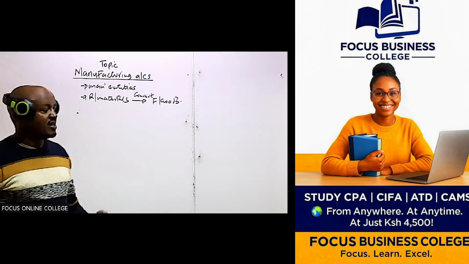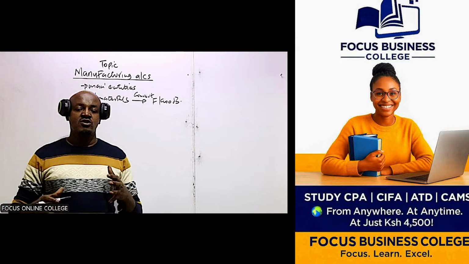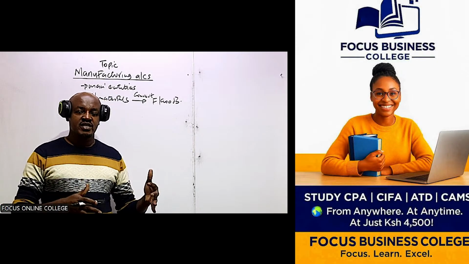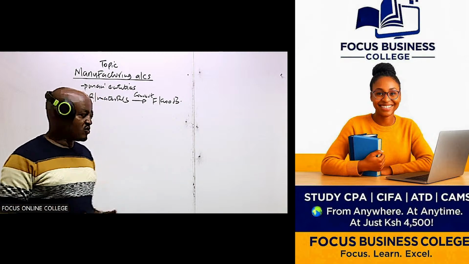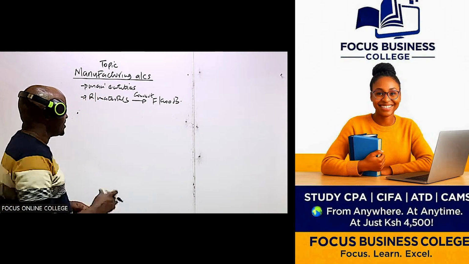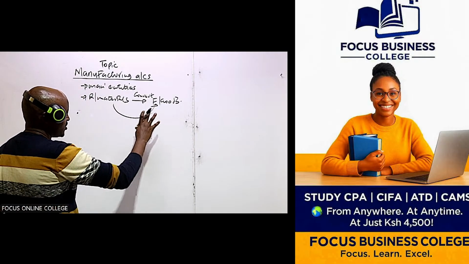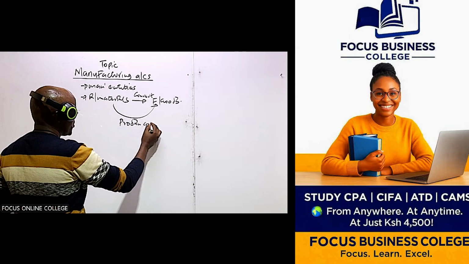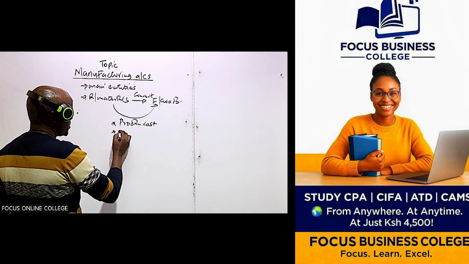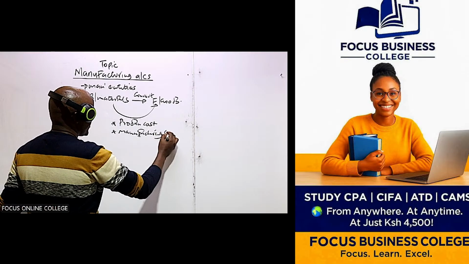Now, what we are saying is that at the end of the year, this particular company must prepare something called a manufacturing account. And the main objective of preparing this account is basically to determine the production cost, or the manufacturing cost. So how much cost was incurred by this company in converting these raw materials into finished goods, or finished products? That cost, we are referring to as the production cost. It can also be known as the manufacturing cost.